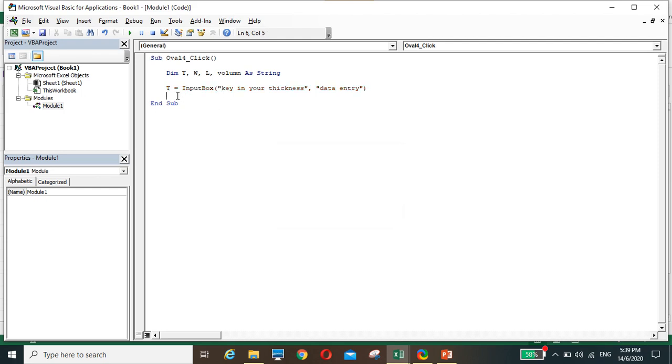Then go here, W equal to InputBox, "key in your width", "data entry", and L equal to InputBox, "key in your length", "data entry",